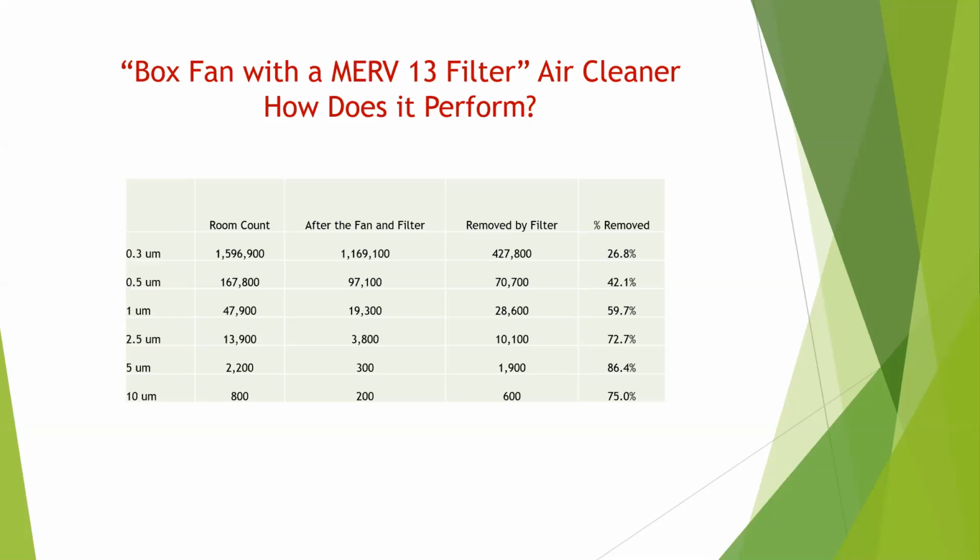We dropped it down to 28,600 and reduced it by 59%. At 5 microns, we reduced it by 86%. So that's your target particle size, 1 to 5 microns. It's actually very effective. And you can put a box fan virtually anywhere, put a good filter on it, and